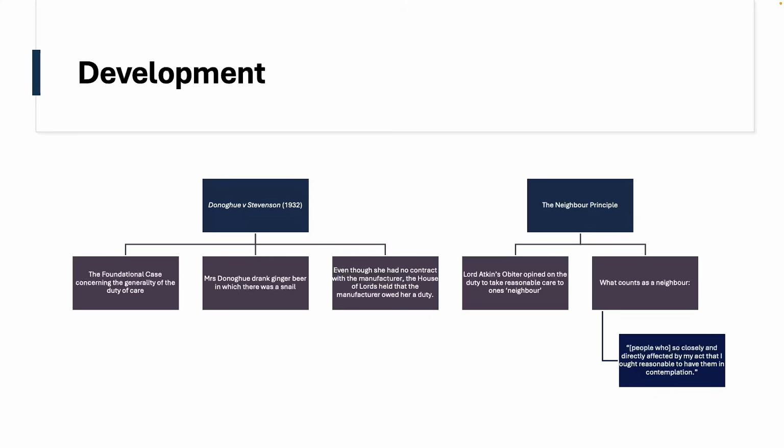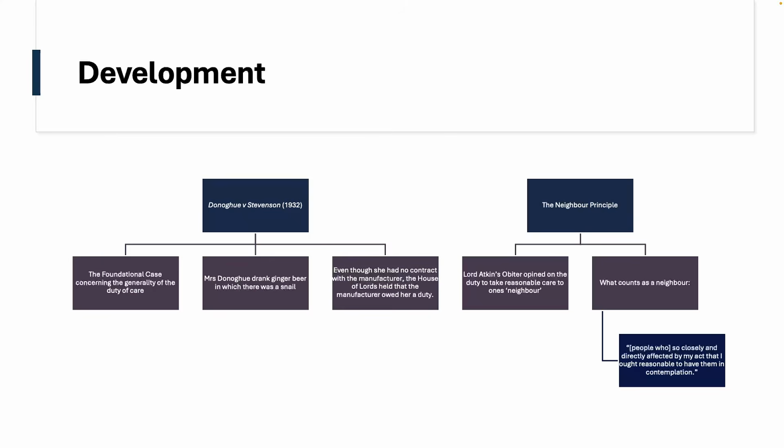The manufacturer doesn't have a contract with Mrs. Donoghue. They have a contract, presumably, with the retailer, who has a contract with Mrs. Donoghue's friend. That's sort of how the chain of linkages relates there. But the manufacturer would, in producing these ginger beer bottles, have or should have had in their mind reasonably believed